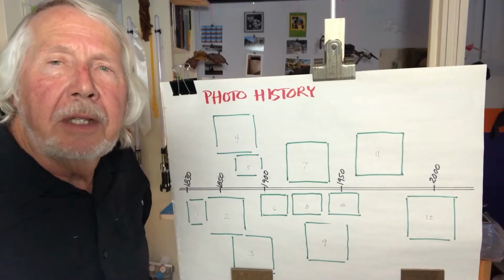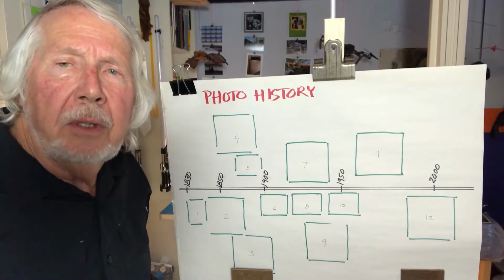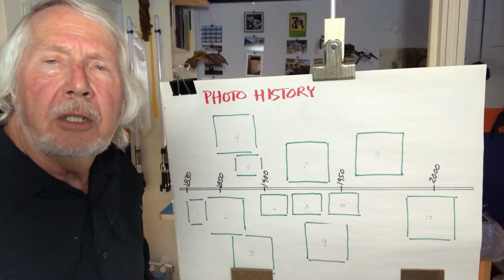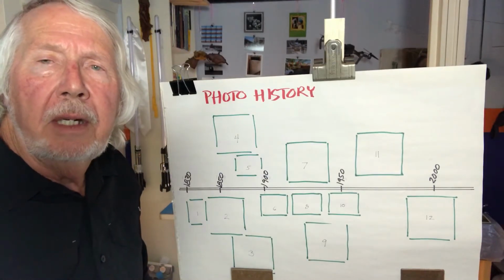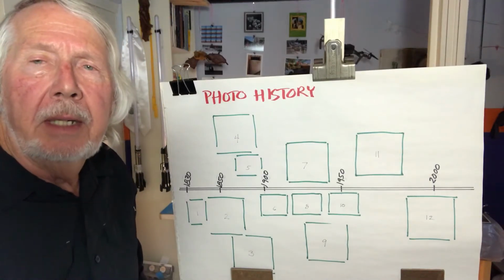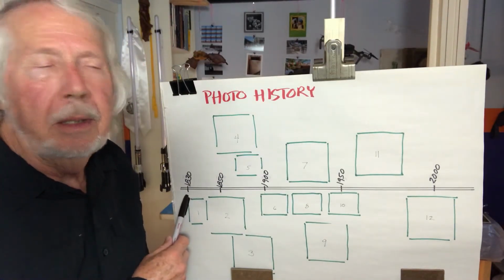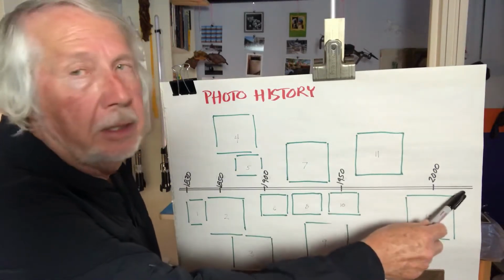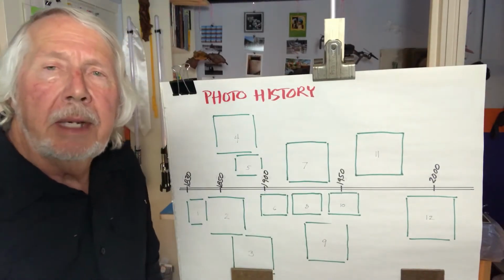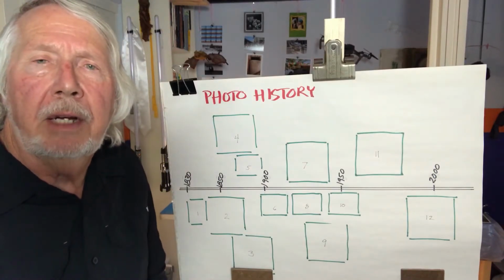This is just kind of a timeline of photo history. Again, it's a long view. It's not anything in detail. It's just to try and give you a sense of where things happen in our history. So on this side over here, we start with 1830. And over here is our present day. So we're basically 1930, 2030. We have about 200 years of photography.